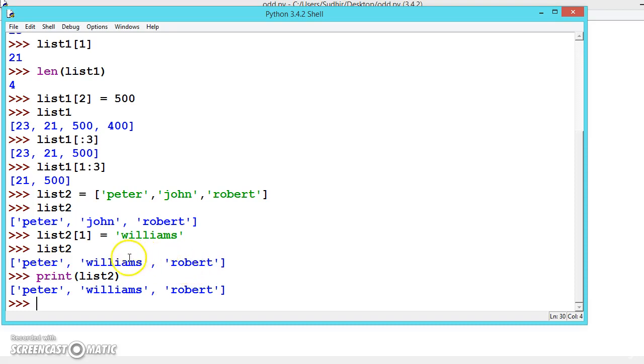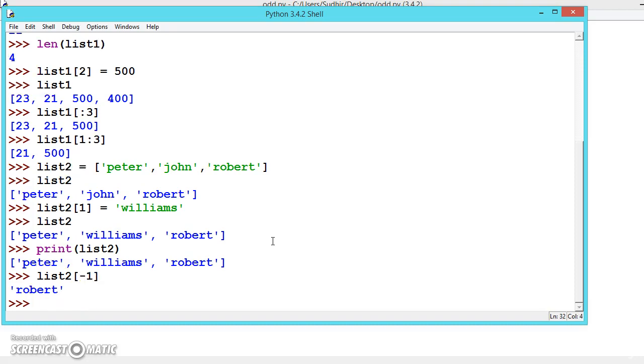Robert is index 2, this is 1, this is 0, and going backwards this becomes minus 1, minus 2, minus 3. Negative indexes are also possible. Let us see. Minus 1. See, Peter is 0 and counting back it is minus 1, minus 2, minus 3. So Peter is index minus 3.